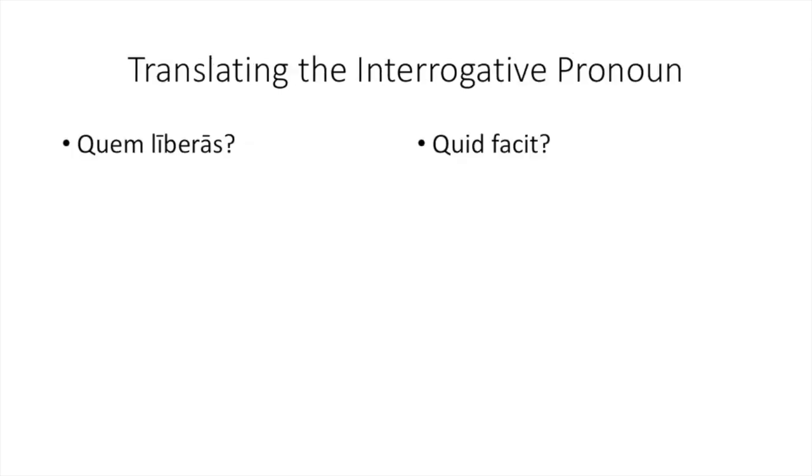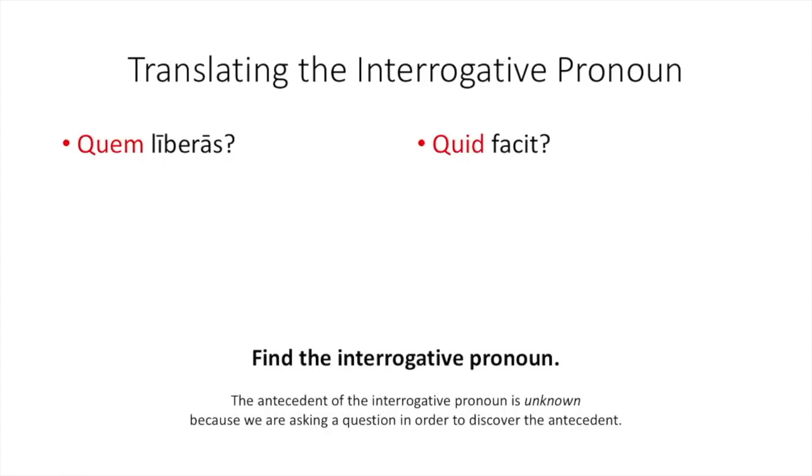All right. So how do we translate quis quid in sentences? Well, there's two sentences that can help us with this, quem liberas and quid facit. So the first task will be to find your interrogative pronoun. Since it's a question, usually it's the first word in the sentence. Sometimes there's a subordinate clause or a preposition that will precede the interrogative pronoun, but usually it's the first word